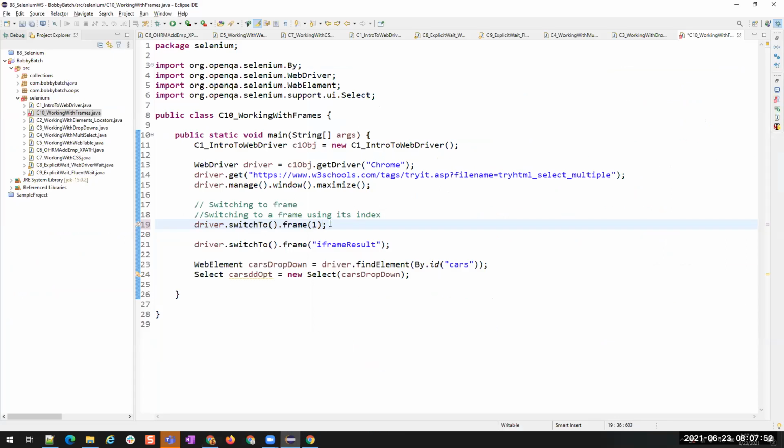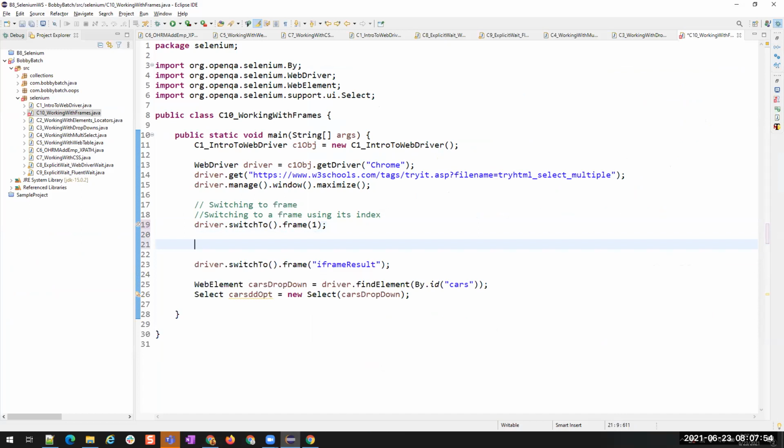Understood? After switching to the frame, the remaining operations will be the same. You don't have to change anything. Again, you can simply do driver.findElement, and then you can perform the operations. The only extra operation is to switch to that particular frame using its index.